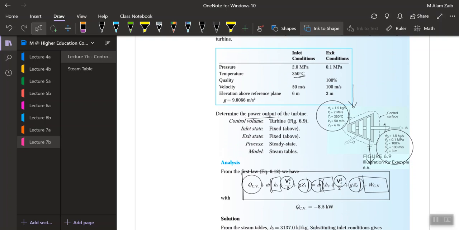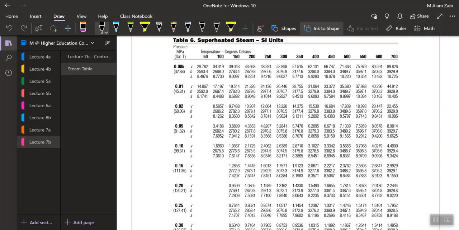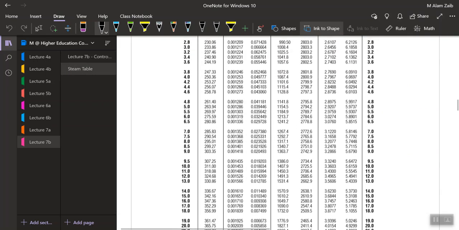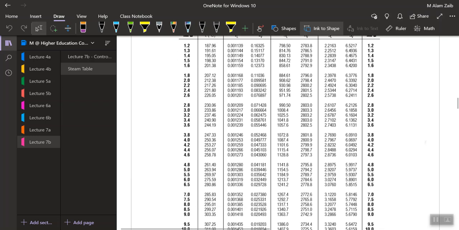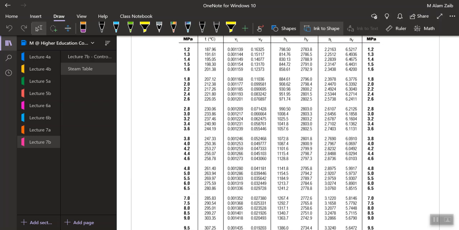So at the inlet, we have got a steam of which the condition is given. So the condition is 2 megapascal and 350 degrees centigrade. So obviously we will be moving to steam table, and looking at steam table we have to find the 2 megapascal. So just looking at the pressure table, for the 2 megapascal, if you can check the